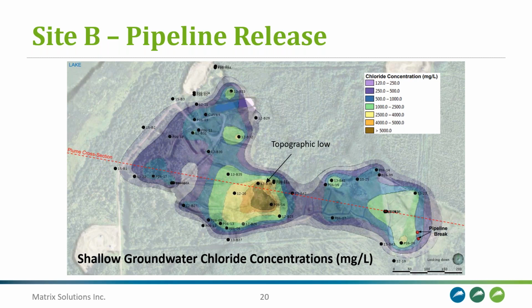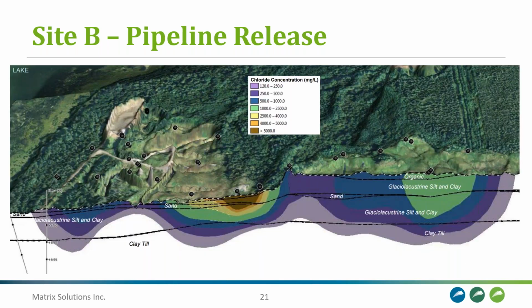And then if you just want to take note of the red dotted line along this section, because that's the line along which this section was created, just to illustrate the chloride concentrations at depth. So you can see from this, the chloride impacts are mainly limited to that upper glaciolacustrine silt and clay. There is a deep domestic use aquifer located about 80 meters below ground surface underlying that till package, but there are upward vertical gradients between that deep DUA and the shallow groundwater. So because of this, that deeper DUA is not a shallow groundwater receptor.